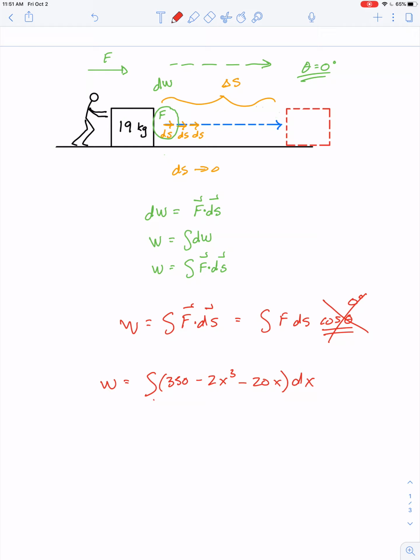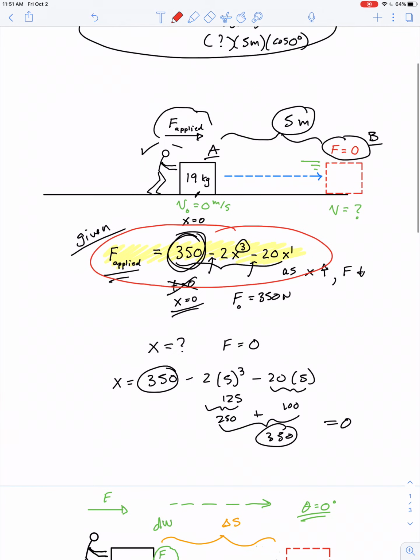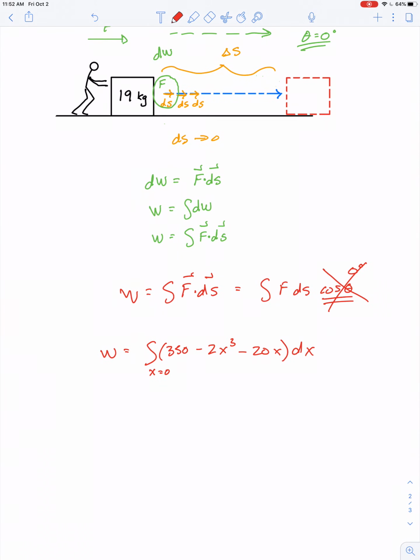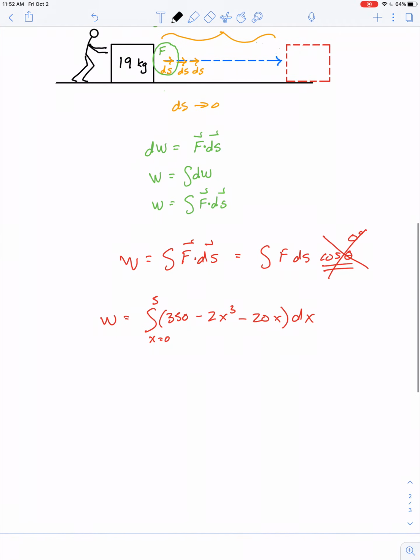Now we need to put in limits of integration, right? What's the initial and final value for x? Well, that's pretty clear. It starts from x equals 0, and as we showed earlier, after a displacement of 5 meters, the force drops to 0. Okay, so this means if the integral can be thought of as the antiderivative, then the amount of work done should be equal to